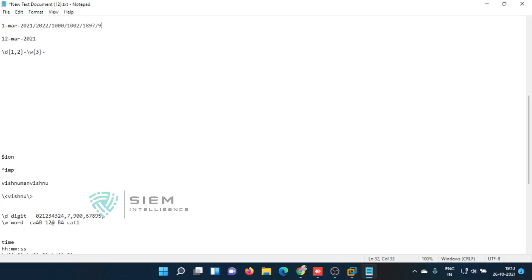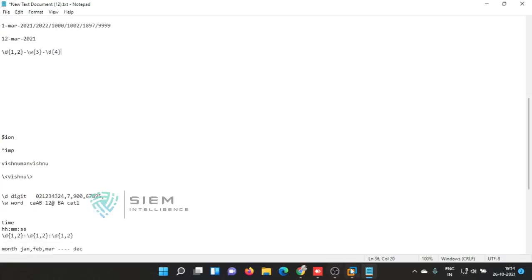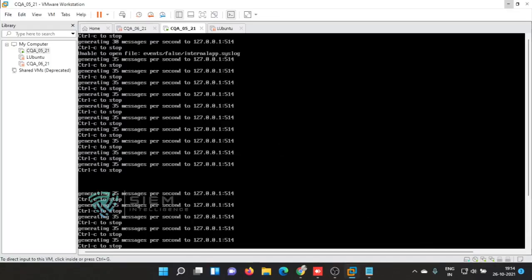If you consider up to 9999, it is not possible for us to go to that year. But there is an option from 9000 till 9900, but it is a 4 digit number, only a maximum of 4 digits. So what we are giving here is \d, a 4 digit number. You can also give it like this. Okay, so this is how you can set up your regular expressions. You can also utilize the same thing in the system.